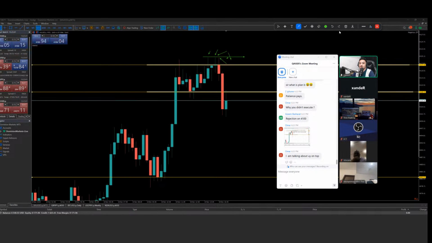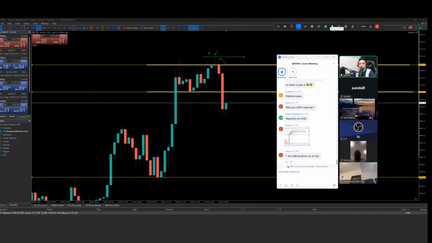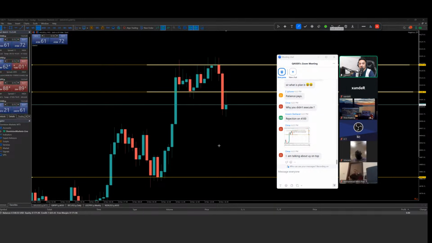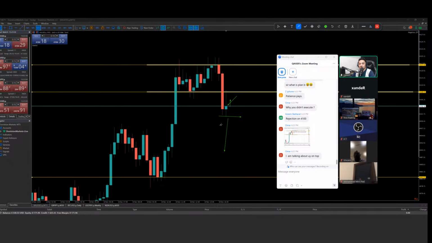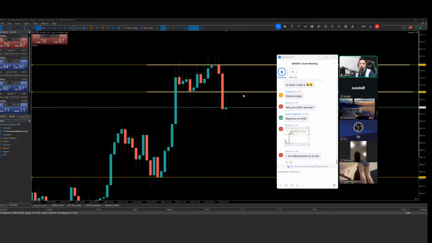What I can do, I need some confirmation. Now you can see there are a few minutes left for the closure of the candle. So on this 15 minute, if I wanted to take a sell, if this candle is going to be closed with a small body, and the next candle creates a wick and we can break the low, then I can give my trade a chance. Because if I take a trade now in the last 3 minutes, it could be risky. So I cannot take a trade in that situation. I would like to wait now for the 30-minute candle to be closed. Candles will actually talk with you if you can listen, they will talk to you.